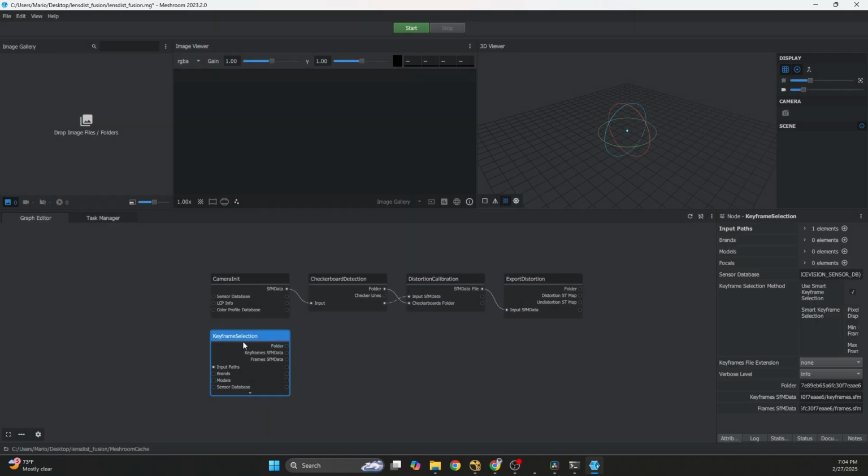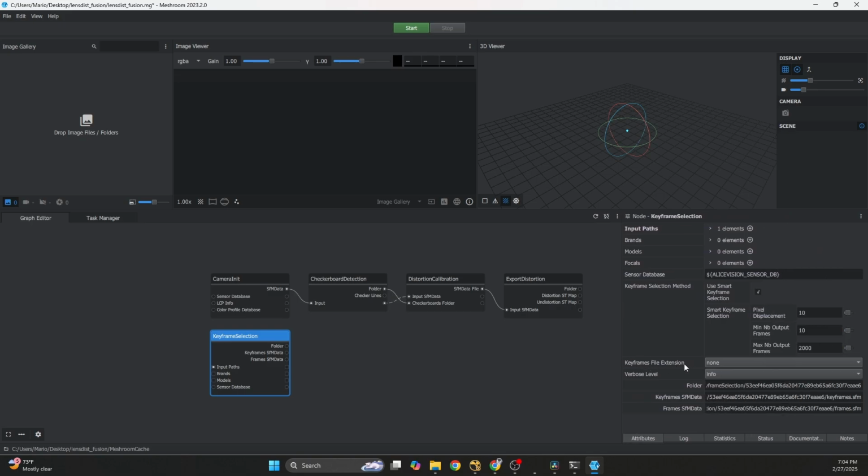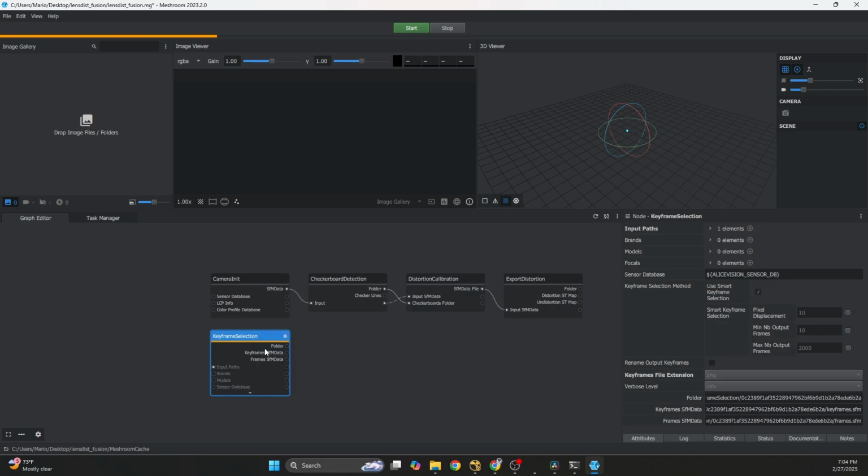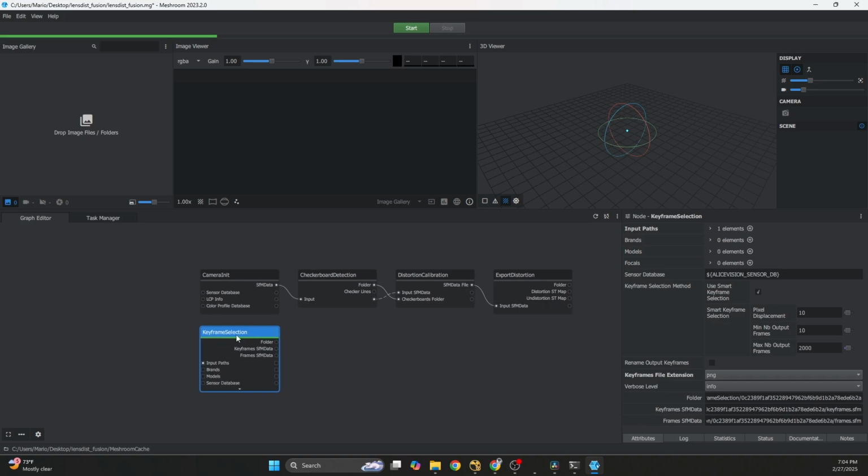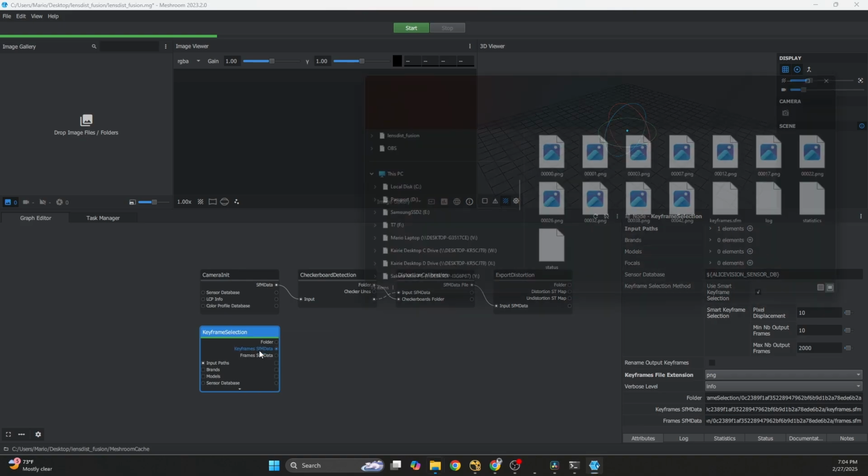I'm going to click keyframe selection, and then over here, I'm just going to make sure that under keyframe file extension, this is like PNG or something, and everything else can stay the same. I'll hit compute, and we'll wait for it. Okay, so you can see now that it has finished, and we're going to just right-click this, open folder, and